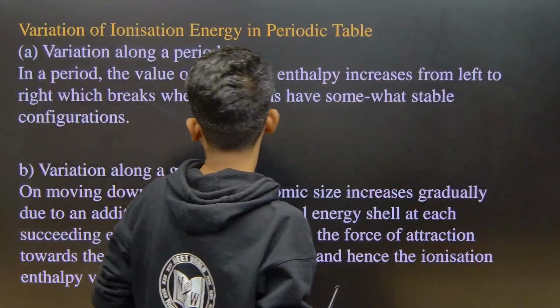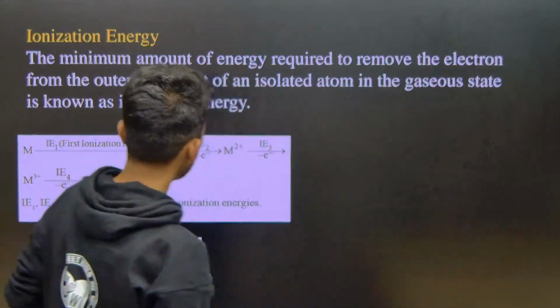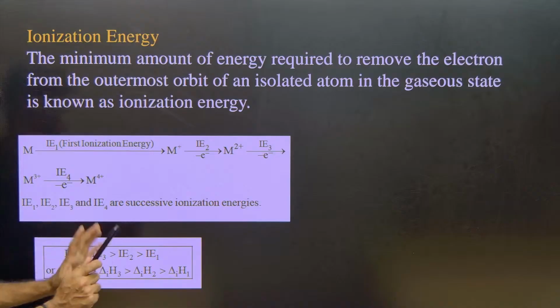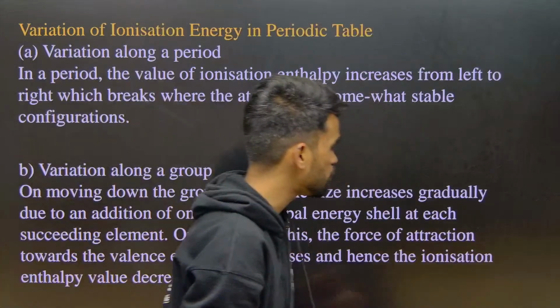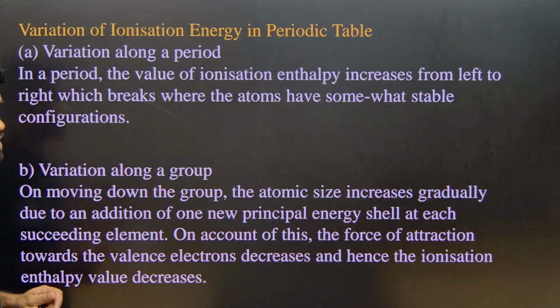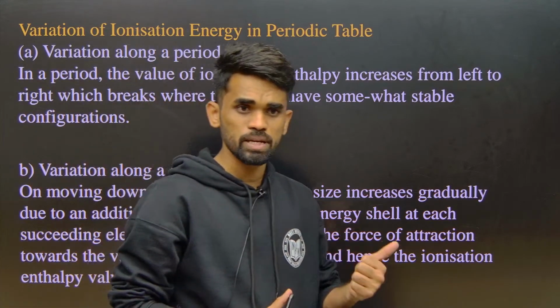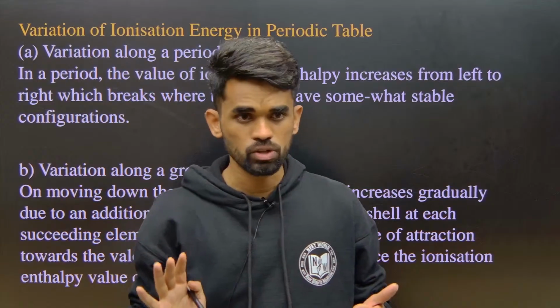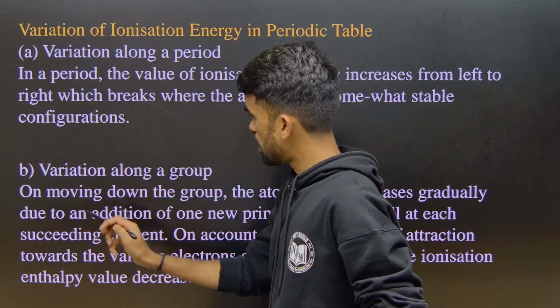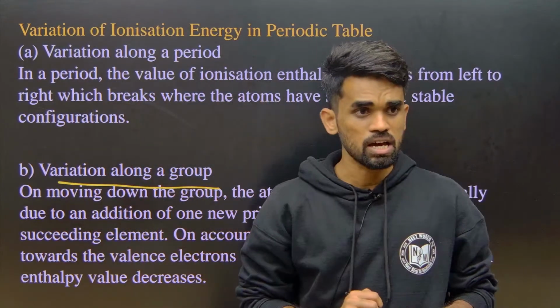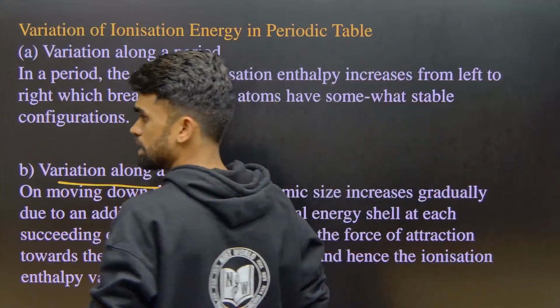Now tell me, this is what we discussed about ionization energy. So now we need to know what the factors affecting ionization energies are, and how it varies across the period and down the group. First of all, let us understand variation along the group. So look at this,